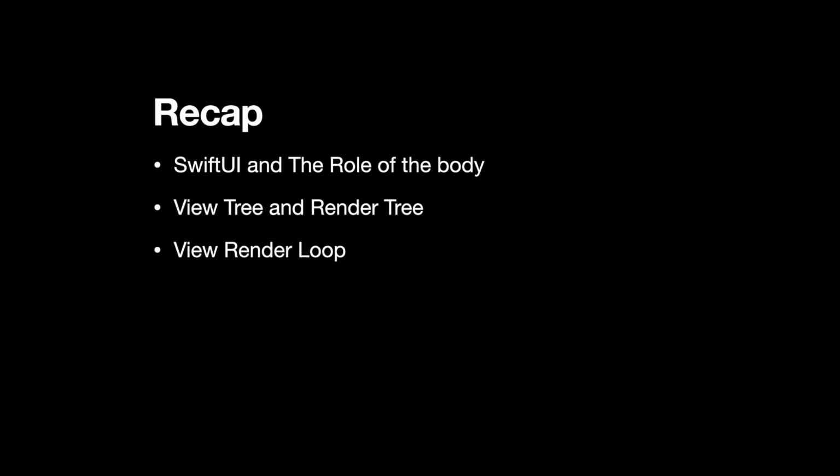The SwiftUI view render loop involves three phases: evaluation phase, layout phase, and rendering phase. The evaluation phase includes rebuilding the view tree and render tree, diffing and body evaluation. The layout phase goes top-down. Parent views offer their available space to their children, which decide their size based on that. We don't know much about the SwiftUI rendering phase, but we know it relies on underlying Core Graphics, Core Animation